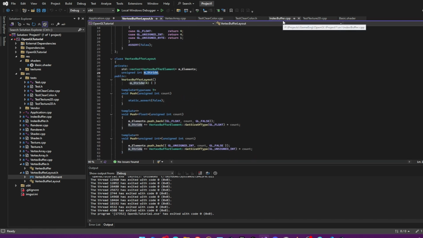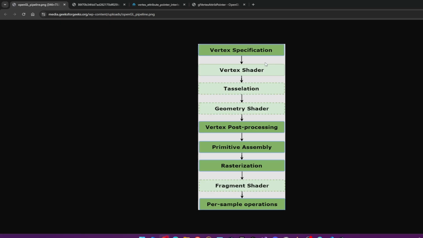So now that we are done with index buffers and vertex arrays, I think now I'll explain a bit about the pipeline. So this is an OpenGL pipeline. So vertex specification is basically the values of the vertex which we send. Then we have vertex shader. This is tessellation and geometry shader. Keep in mind tessellation and geometry shader are optional steps. Then we have vertex post processing, and then we have primitive assembly rasterization, and then we have fragment shader and